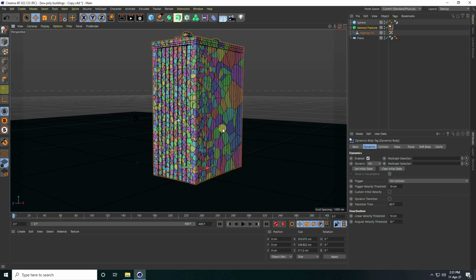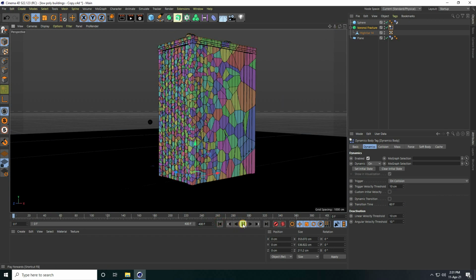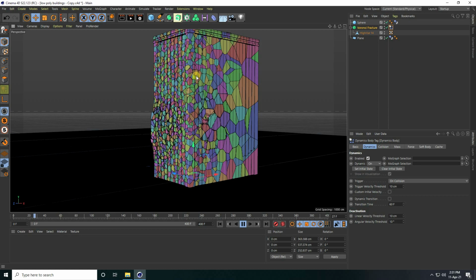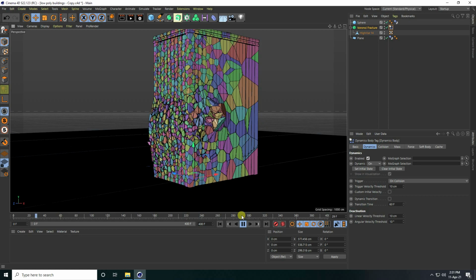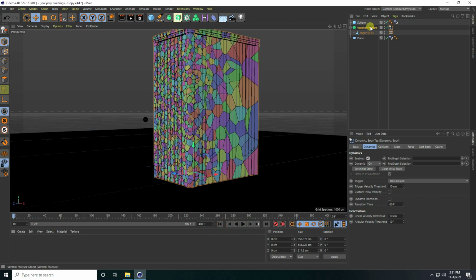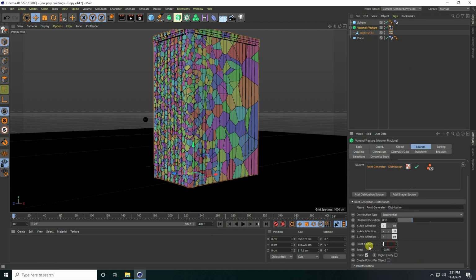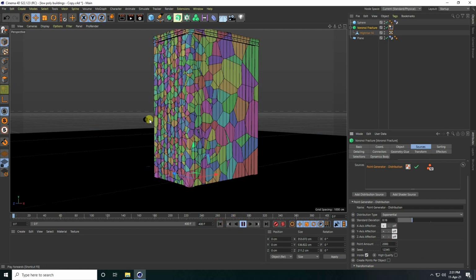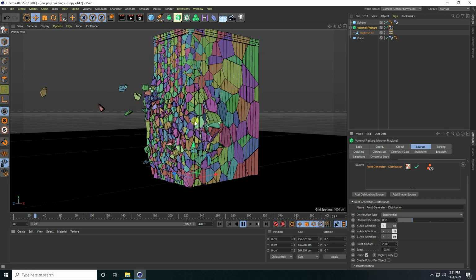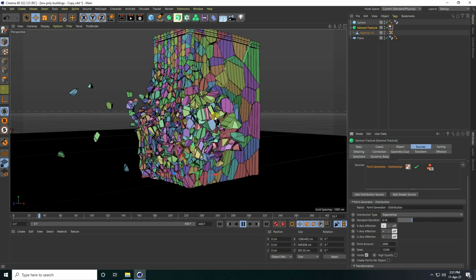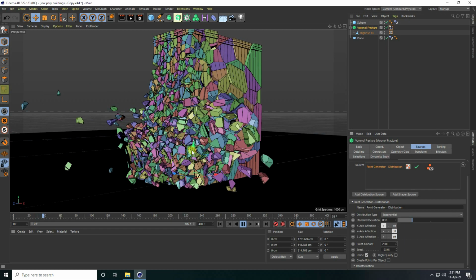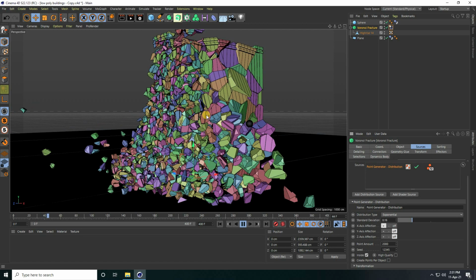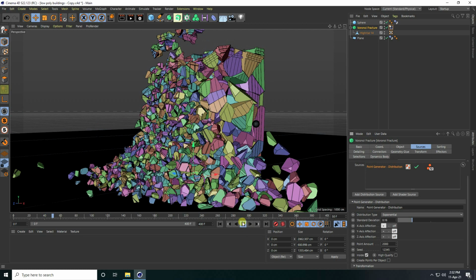Go back and play. This animation takes a little bit of time because I have so many heavy particles. So easy, right? Now I change the point amount to like 2000 because of the heavy particles. But that's not correct. I don't like this type of effect. So now I'll change to a more realistic effect.